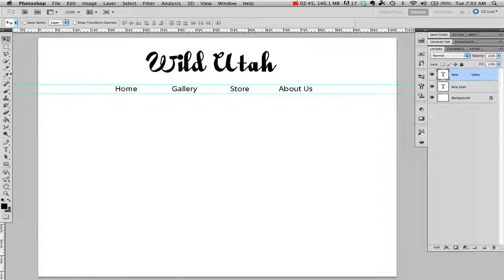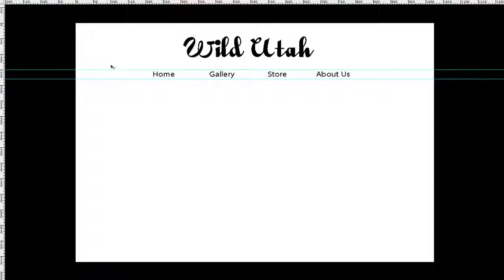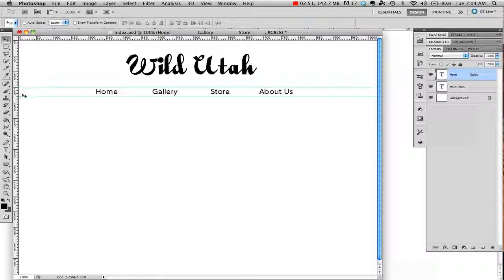One last thing before I leave this is I want to add some guides in here to help me with the next step, which will be to slice up my website. So after I add color. So that's rulers and guides, and